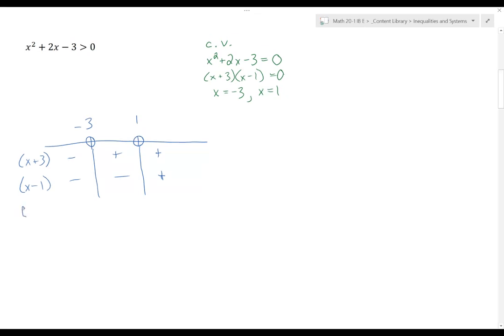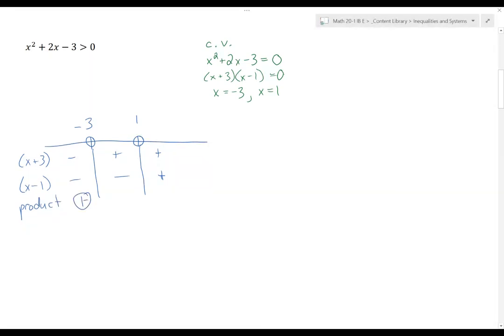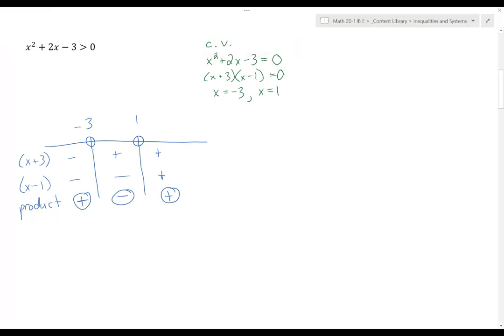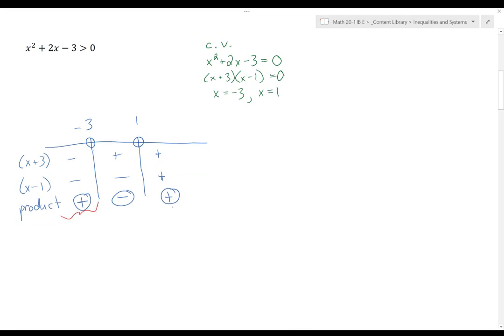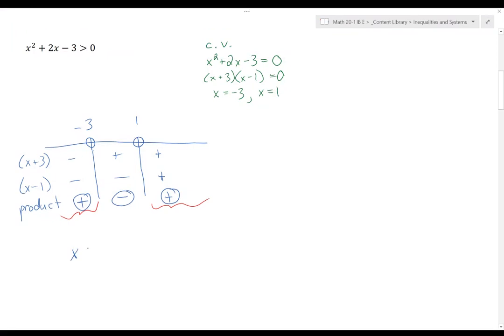The overall product is going to be positive where both are negative or where both are positive. So the two outside intervals, and negative where we have one of each. In this case, because I'm looking for where this quadratic expression is greater than 0, I'm wanting the two outside intervals. So in this case, x is part of the interval from -infinity to -3, or